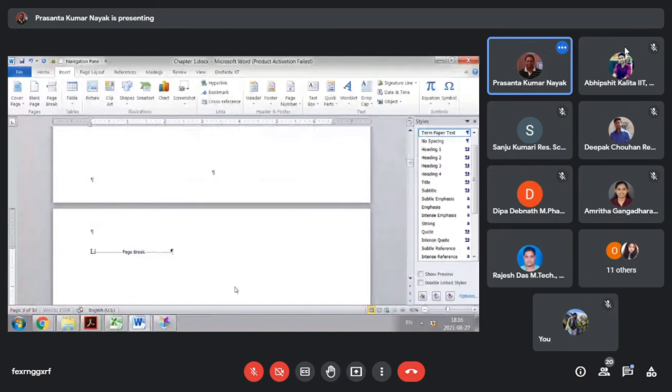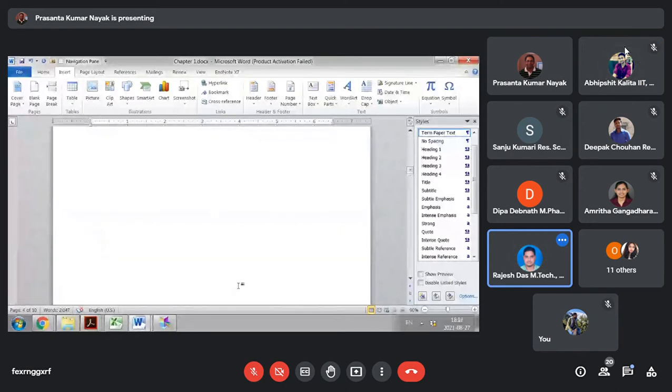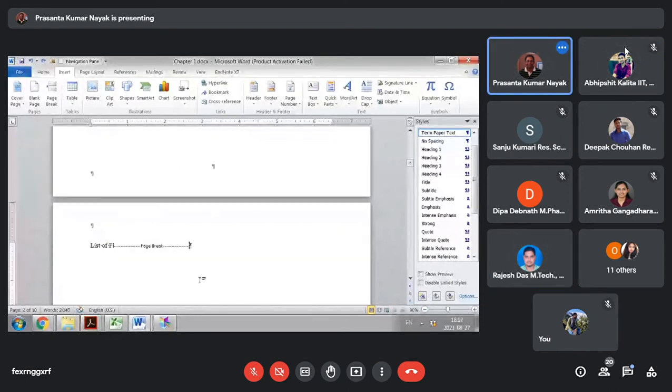Can you see? List of Figures. Then I will hit Enter twice so that the paragraph gives us an opportunity to insert the list.